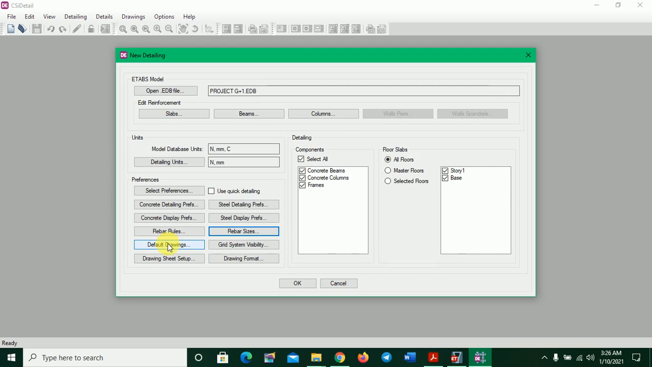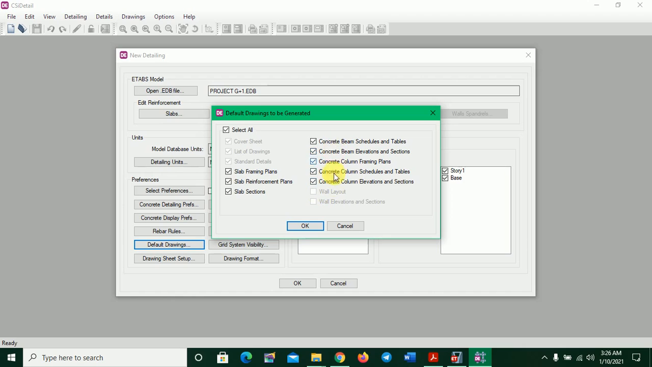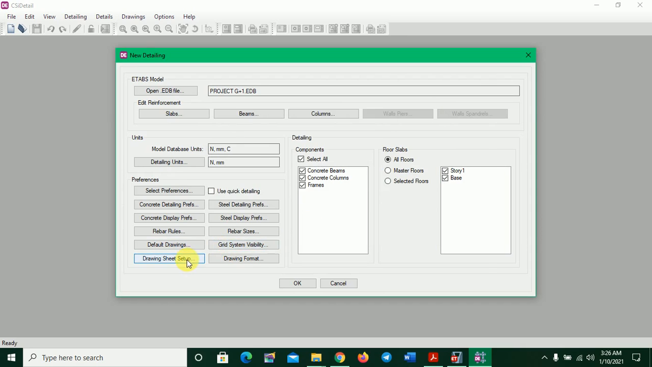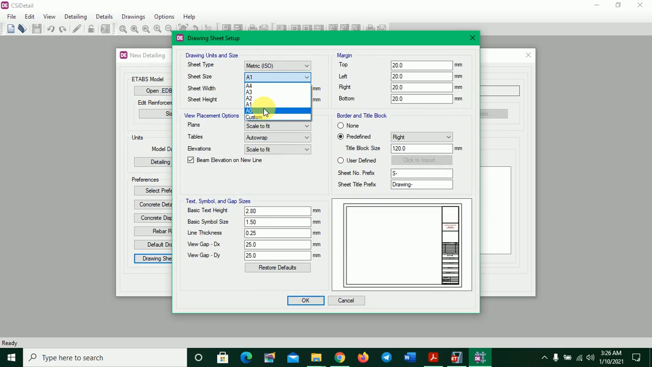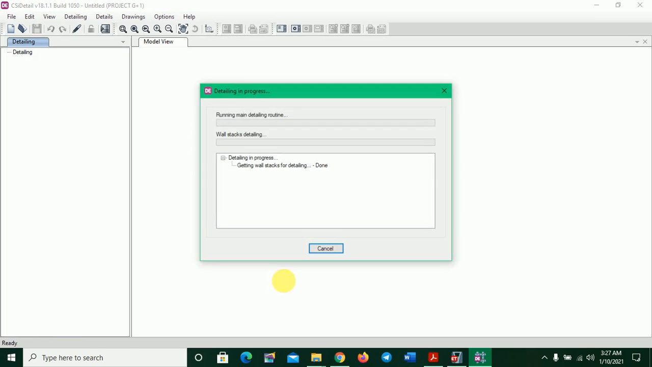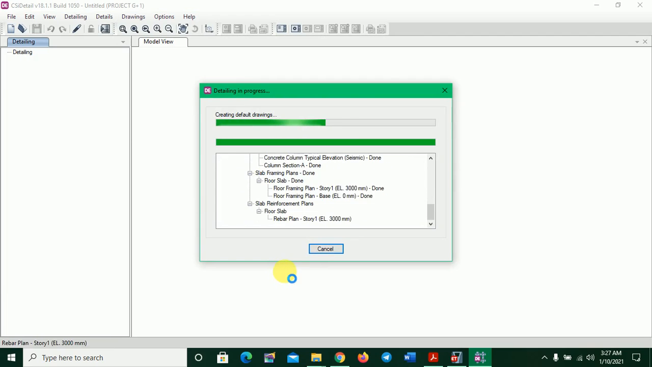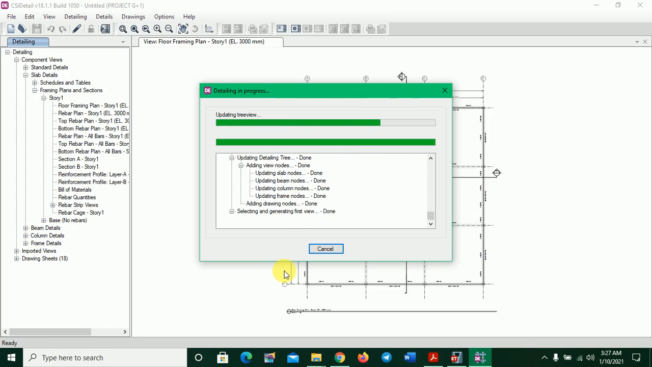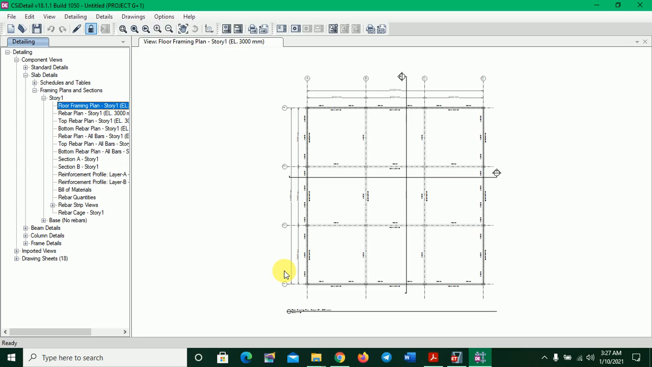Okay, now default drawing, so we will select all the drawing sheets. Okay, drawing sheet setup, A0 size, we will use A0 size of isometric. Okay, now click on OK. So it will start preparing the details of drawings. Okay, now our detailing of drawing is now prepared. So now first we have to